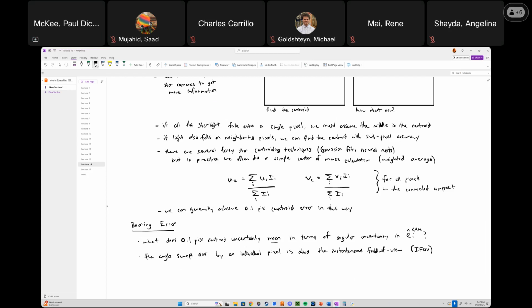So if we know IFOV, then the bearing error, which is the same thing as the angular uncertainty, for a star line of sight is simply 0.1 pixels times IFOV. So then the question is,